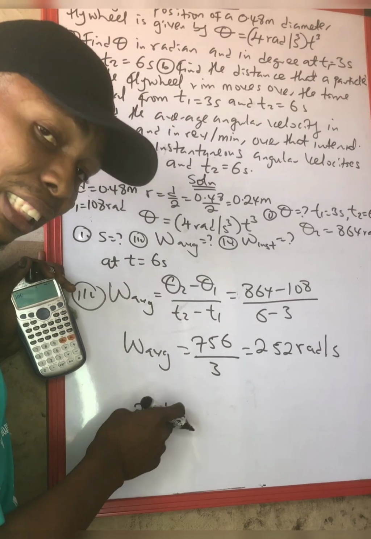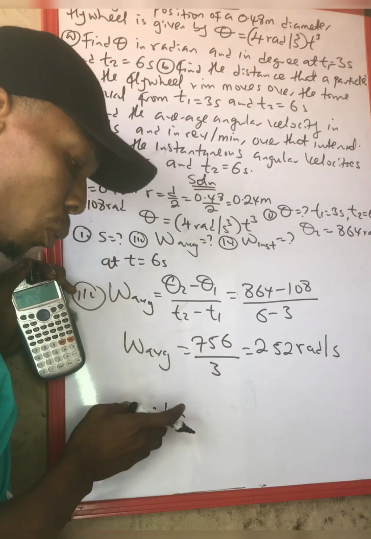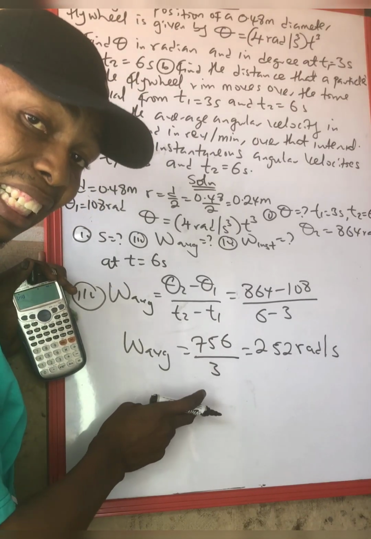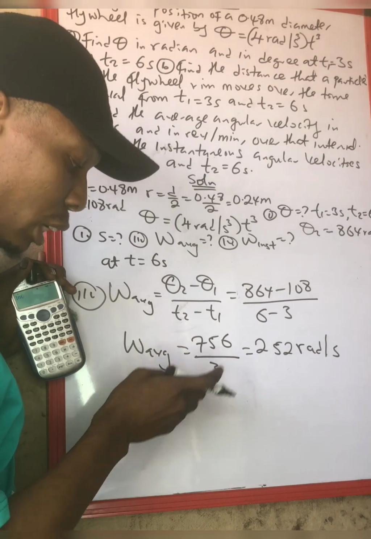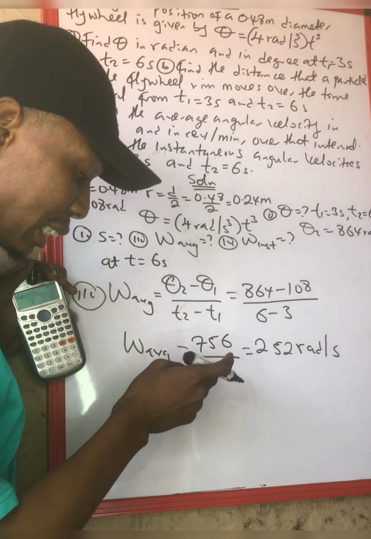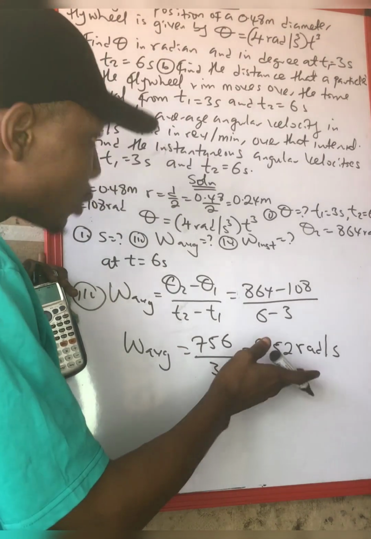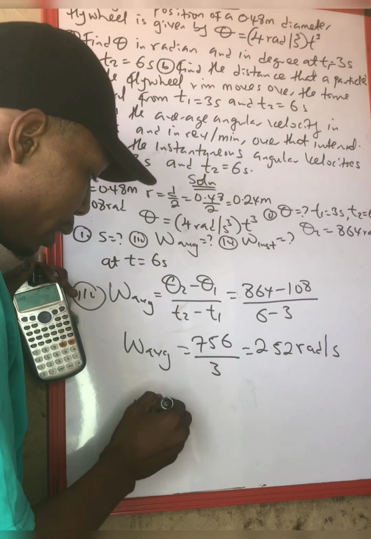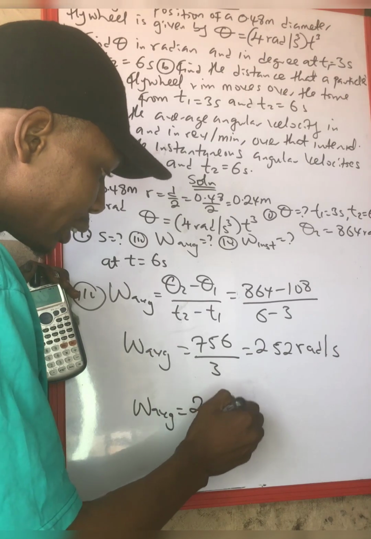Okay, a minute is 60. So whenever you are given something like this, what do you do? You multiply by 60, because a minute is 60, and divide by 2 pi. All right, in converting to rev per minute, our w average is going to give us 252 times